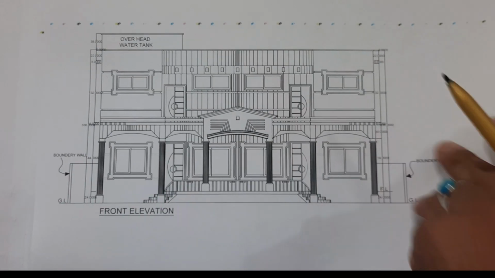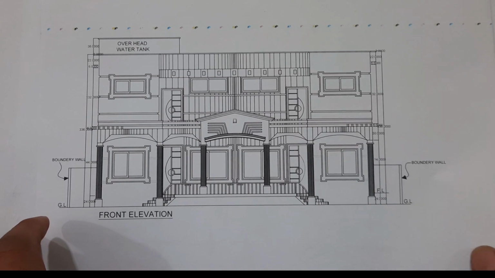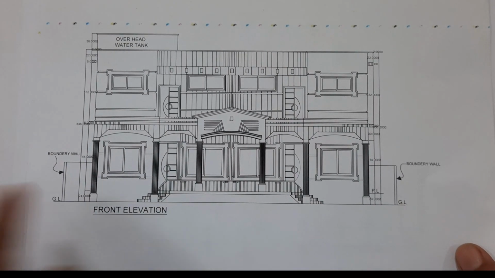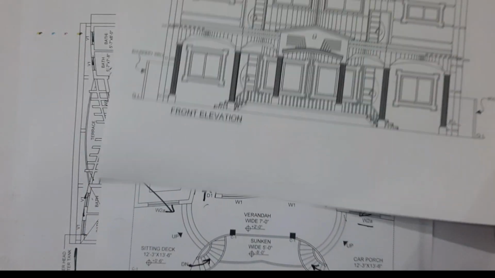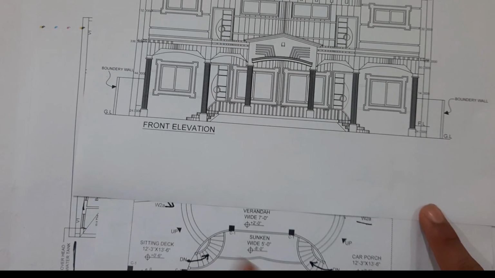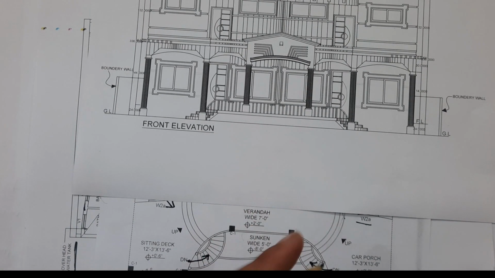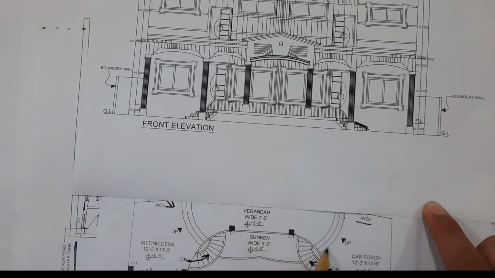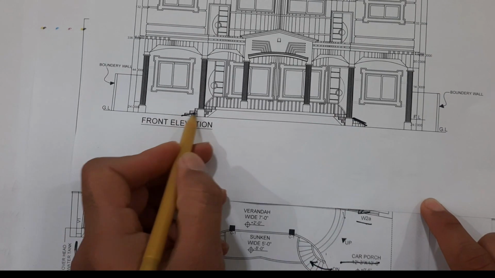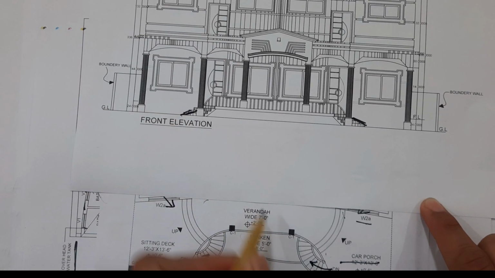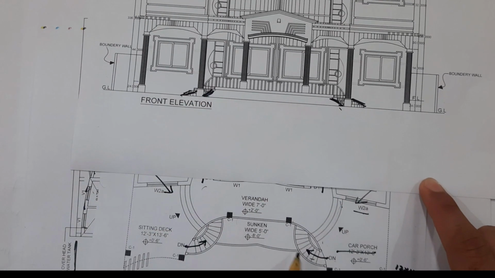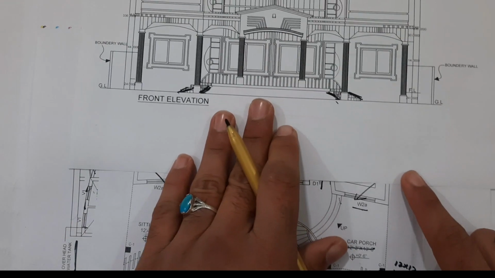Now let me discuss its front elevation, because I did this in landscape, not in portrait, because this is a large size. So here guys, as I discussed in the starting, these are steps. Okay guys, let me focus the camera. So you can see these 2 steps from this car porch, from this garage, and also from this side you can see. And these steps are for this basement, because this is its front elevation.